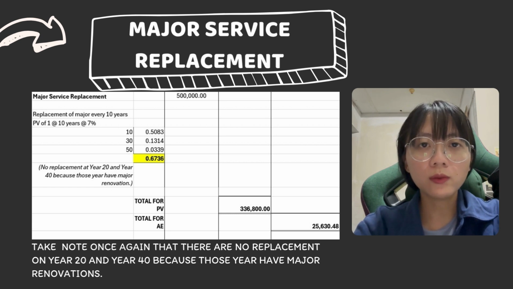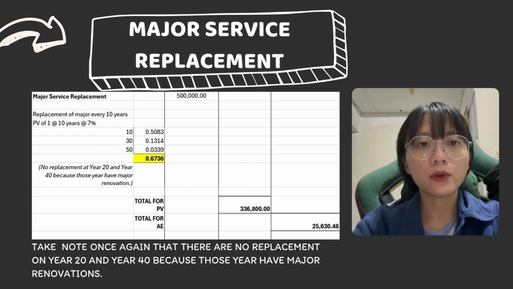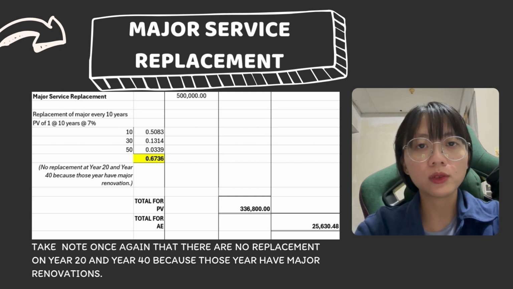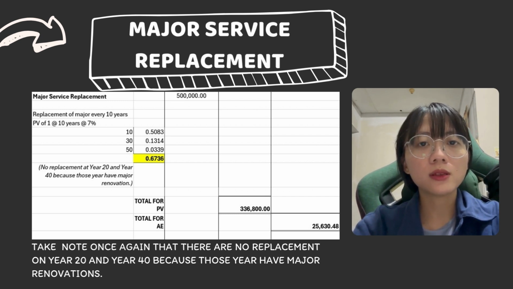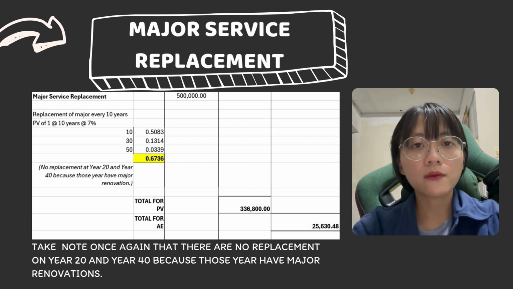The present value method is calculated using the following formula: present value equals periodical cost times total PV of 1. Therefore, 500,000 ringgit Malaysia times 0.6736 equals 336,800 ringgit Malaysia. This present value represents the current worth of all future major service replacement costs after considering the